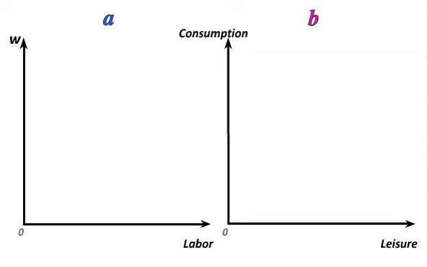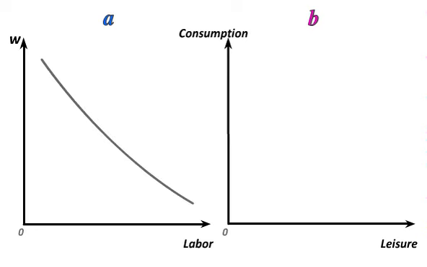Tastes over leisure are almost certainly not quasi-linear, which implies that we cannot simply use the labor supply curve as if it was the compensated labor supply curve along which we can measure a worker's surplus. In this graph, we'll investigate a special case, a case where the uncompensated market labor supply curve is perfectly inelastic, but where a deadweight loss appears once we look behind what goes on in the picture.